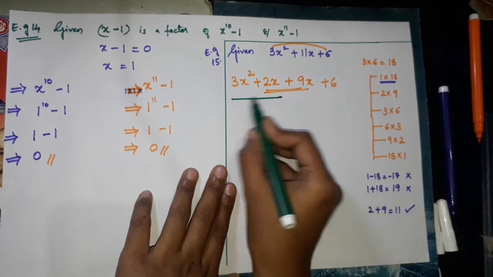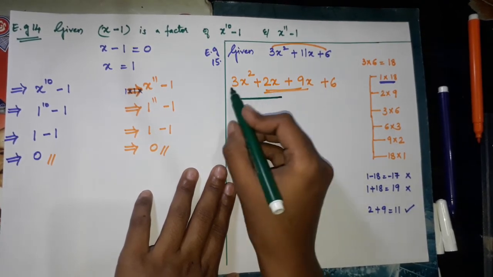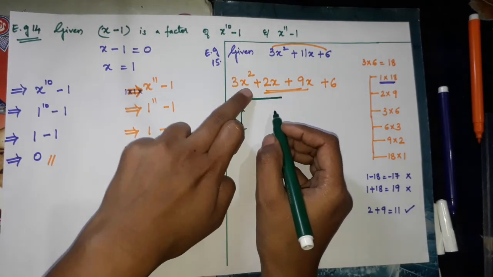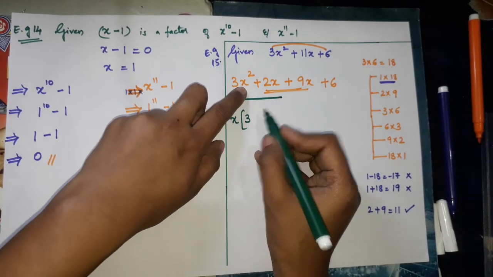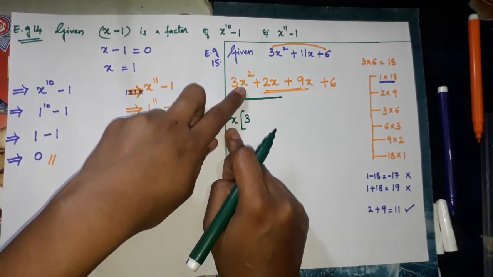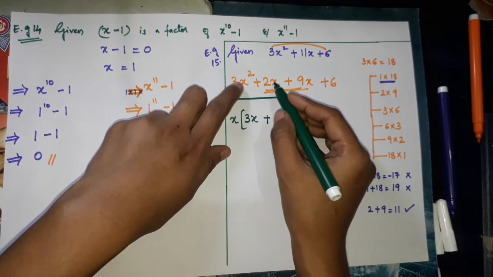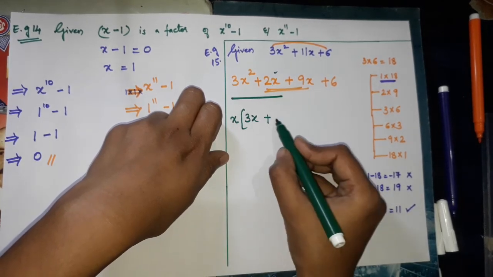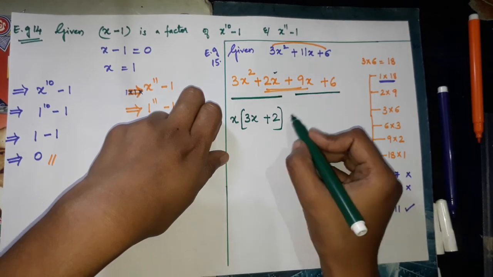From this 2, 3x square plus 2x. What is common? X is common. Now 1x we have removed. Here what is left? 3. Here 2x were there. We have removed 1. What is left there? 1x. Plus here x we have removed, right? We have taken as common. What is left? 2. Now from this 2 what is common?